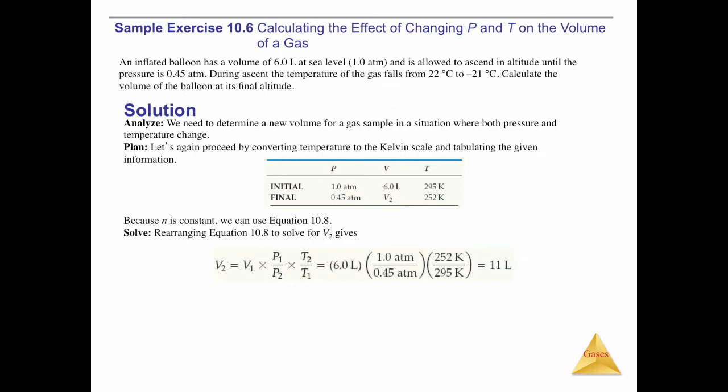on that change. This looks a little bit confusing, but what they're essentially doing here is using the combined gas law, P1 V1 over T1 equals P2 V2 over T2, and then solving for V2. So this is just the combined gas law being rearranged. And we see that our answer is 11 liters, which means that the balloon expanded. And since the balloon expanded, we can say then that the pressure had a greater effect on the volume of